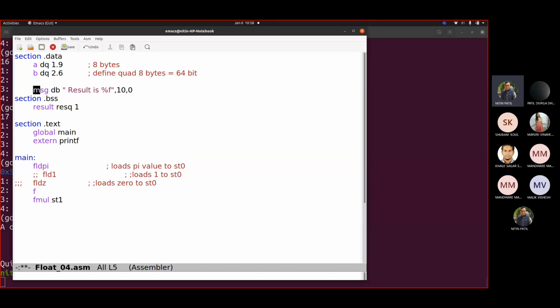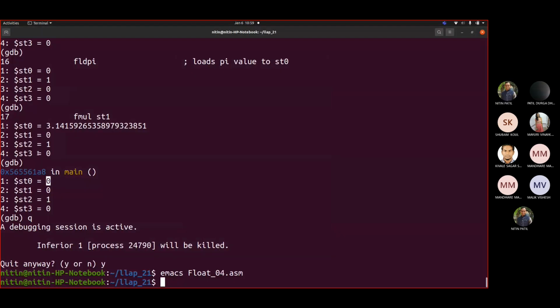Let us take the r here. Suppose a is your r, correct? So FLD, keyword of r, and then we are multiplying it. So let us say it is 2.0.